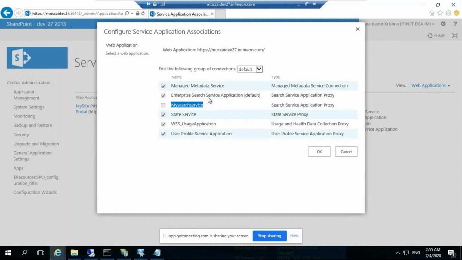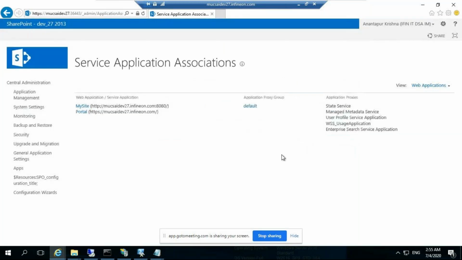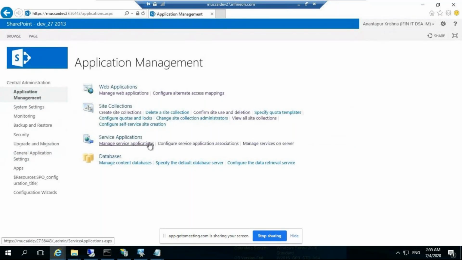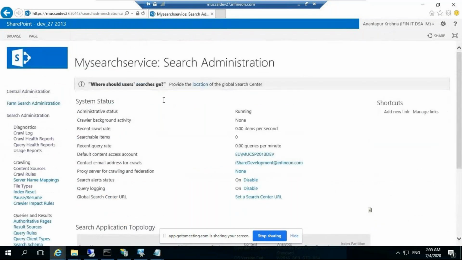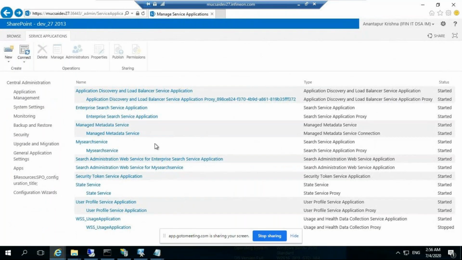So that's why we are using our custom search as an enabler for the web application, and then we can use this search service in the service applications. This service has a lot of things like query service and all. We'll discuss this later. This is the default one, right? This is the created one, my search service. Okay. You created the search service yesterday? Yeah, yesterday we created one. So this is the one.